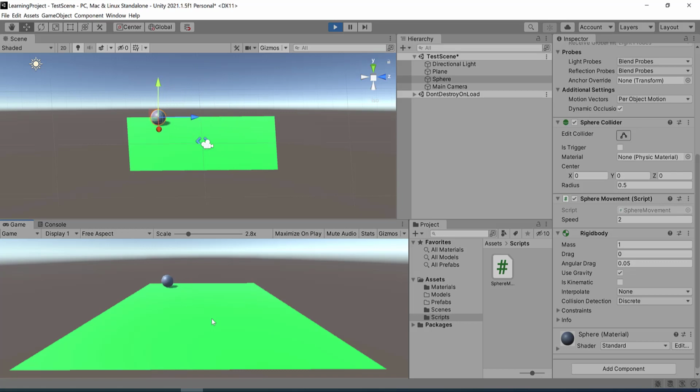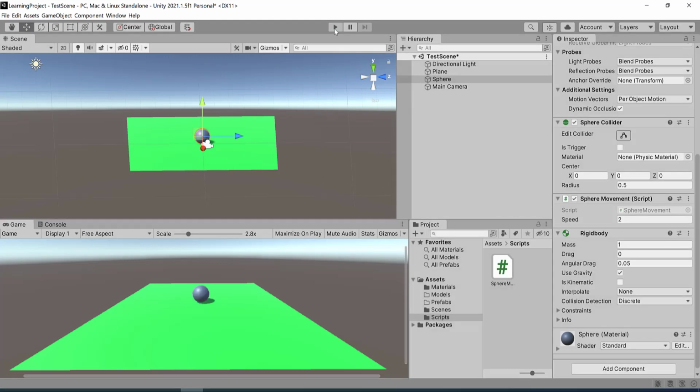But if I remove my fingers from the keyboard, see, it keeps moving actually. The reason is we need to add a friction force to this game. Friction force will stop the sphere when we release the keys. How to add the friction force to this sphere? Once your sphere is selected, go to the inspector window.